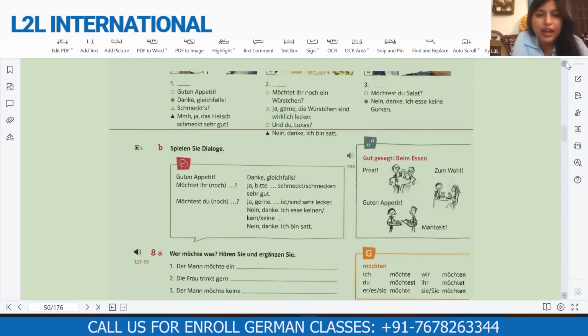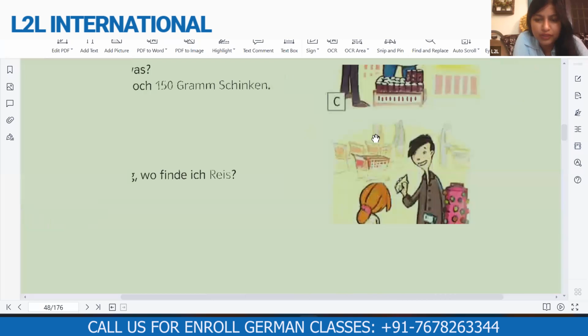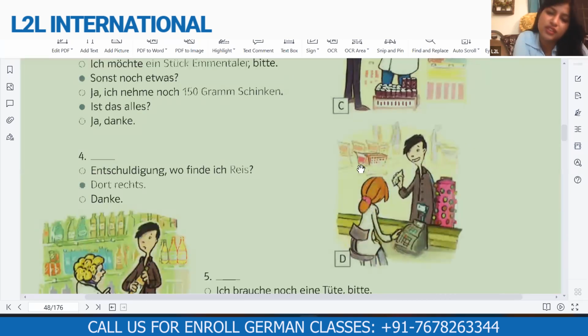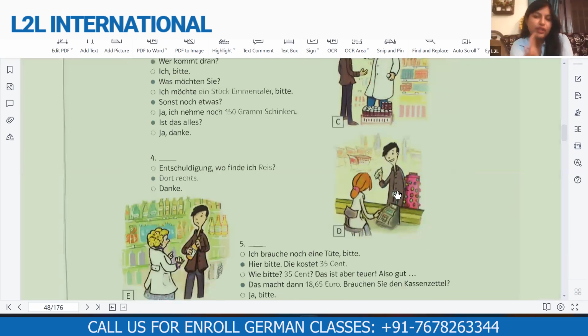Actually, Ashwin is right. Why is he right? If we zoom in on the picture, you can see he has come with coins, like he has come for change, and in the background you can see the trolley picture here in D. That shows he has come for the trolley, to ask for change for it. So this is D. Then you have the Apfelsaft.